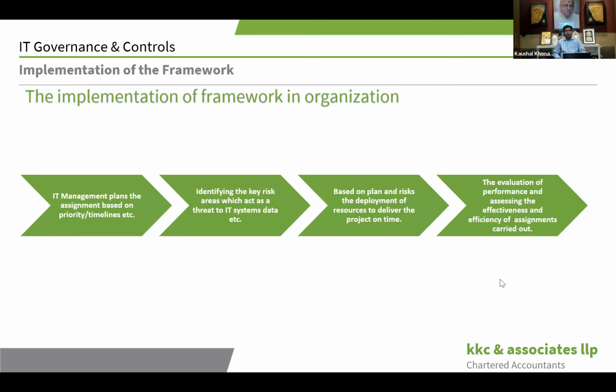For example, once you put in a firewall, it is not that now it will stop all the attacks and nothing will happen to your systems. You need to extract reports from that firewall. You need to extract reports from your antivirus systems and analyze them, see what kind of attacks it is blocking, and make sure that such attacks are not successful in future. So that is a constant evaluation of the performance and effectiveness.